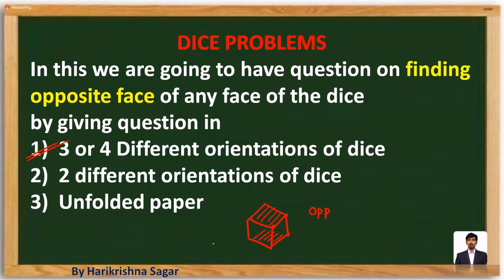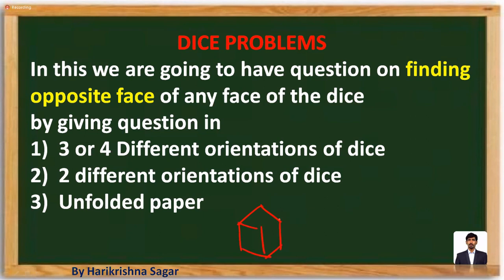So finding the opposite face is not going to be possible directly, because we cannot tilt it and see. Because of that reason, one single dice in different angles is given as a question. That means three or four different orientations of a dice are given, and they are going to project the question based on that. So what you have to understand is, for any particular dice,